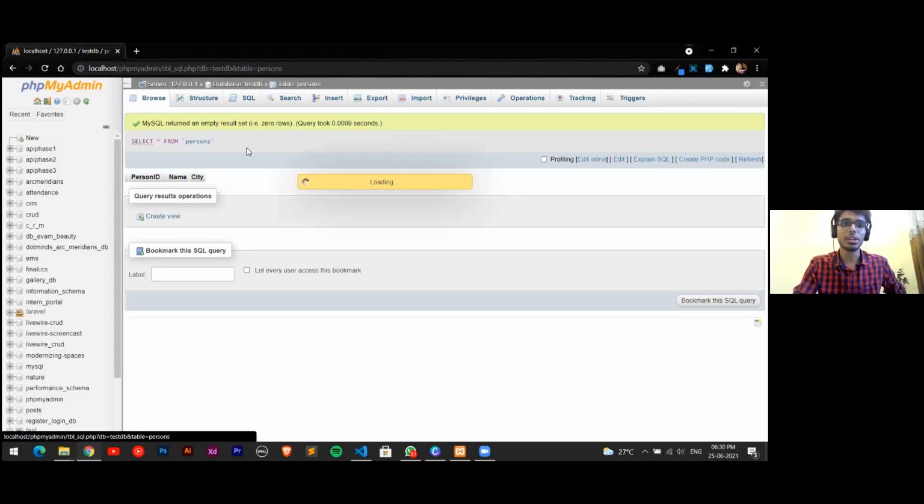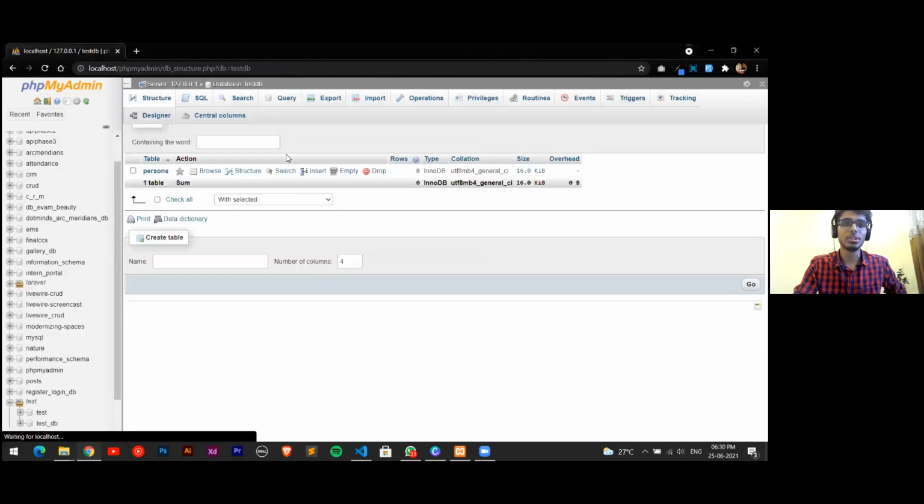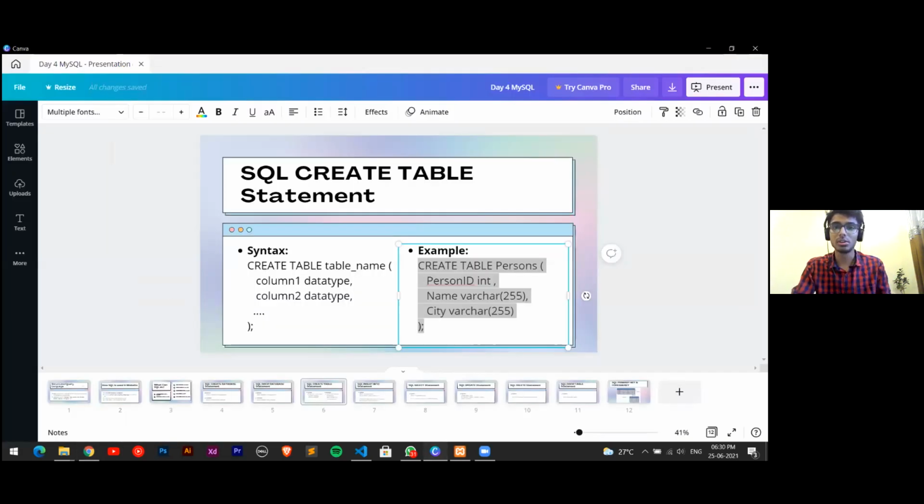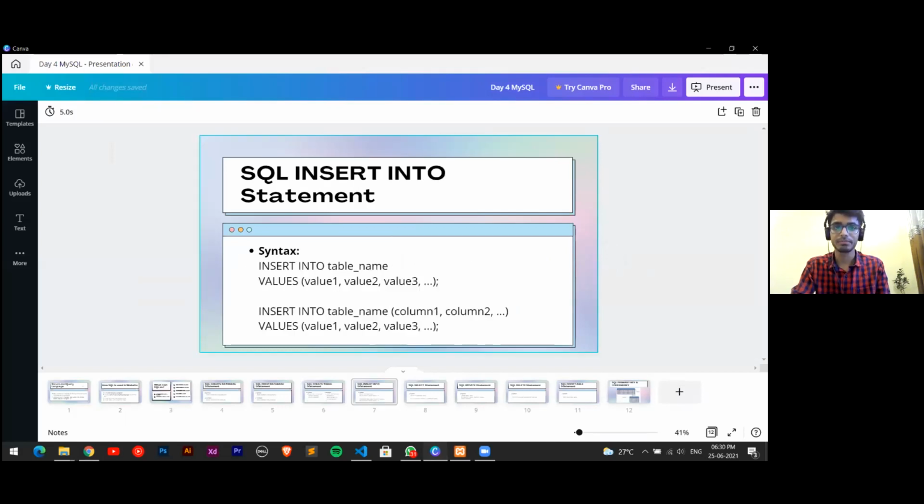Again, we'll go to the query. Again, I'm going to this database, go to the SQL query. Now, we'll move to the next query. We use this query to insert values into our database. As we have made our table, we need to insert some values so that it's useful. So in the SQL language, this is the insert query. We call it the insert query, and we will add the values.